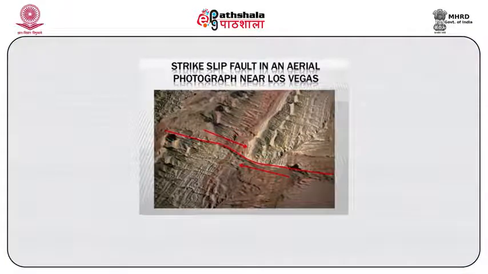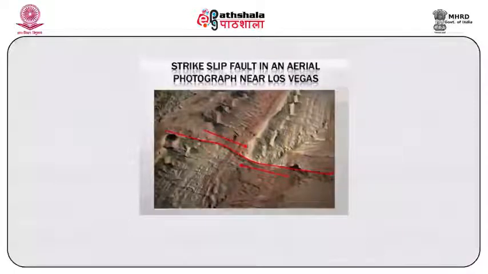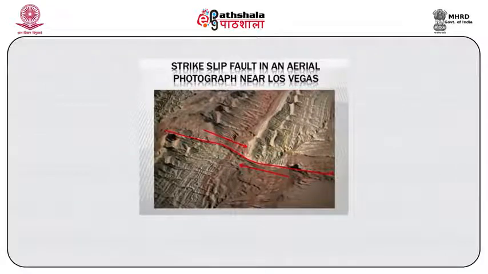Now, friends, if you see figure 5, which is a part of structural mapping, as I told you before, we can map folds, faults, attitude of the bed and so on. The moment I say attitude of the bed, that consists of dip and strike slip, strike slip fault and dip slip fault. So, figure 5 shows the strike slip fault on an aerial photograph, which is again a part of the United States. So, even on the satellite data, we can do mapping of structural geology and geomorphology through remote sensing, where strike slips, fault lines and dip slips can be commonly noticed